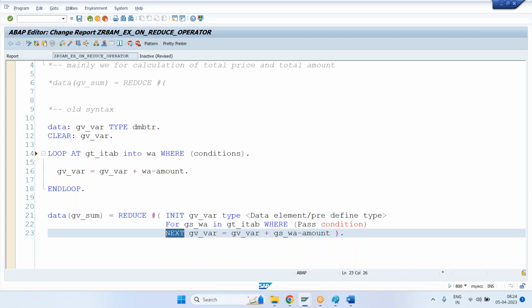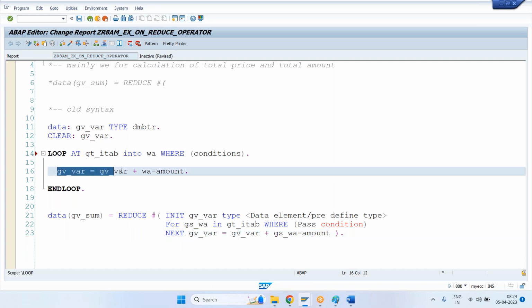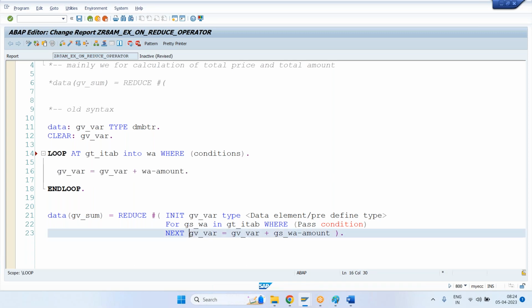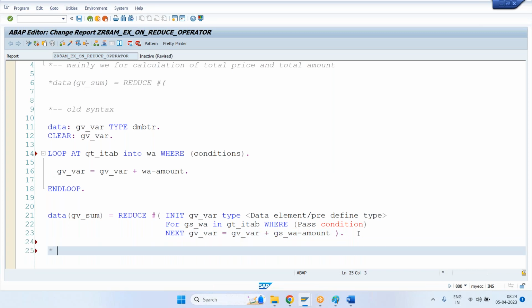In order to do that, we have to use a keyword called NEXT, and then whatever logic I have written, the same logic over here. Now, my question is, can I use this reduce operator